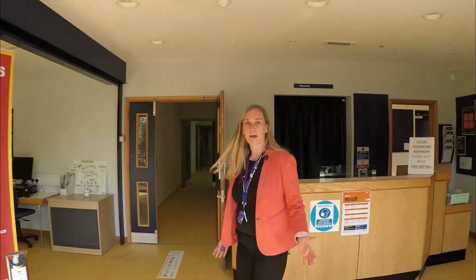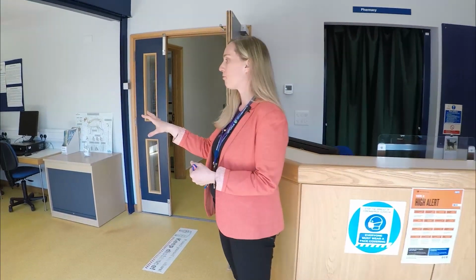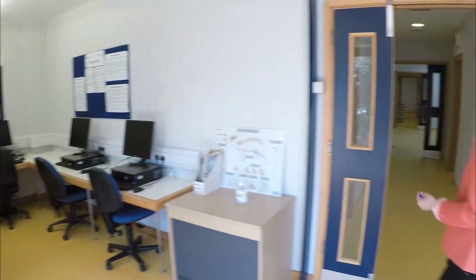So here we've got the reception area, which is also part of the teaching area, so we can get students practicing their time on reception and developing their communication skills. But we've also got an IT area over here which the students can use if they need to whilst they're using the building as well. So through here